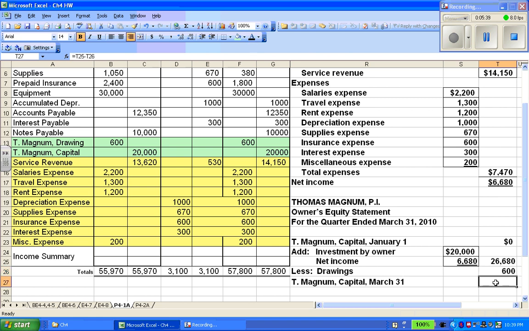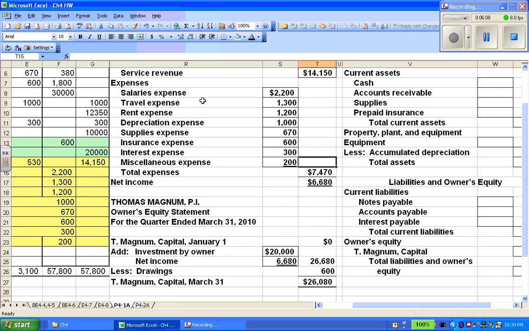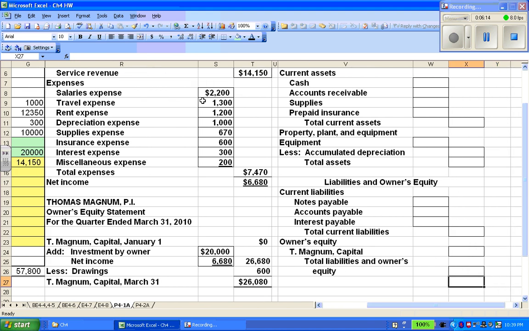All right, so if I subtract the 26,680 and the 600, I'll get capital of 26,080. Okay, so that's my ending capital. Now what I want to do is prepare my balance sheet. First I'm going to take that ending capital from my owner's equity statement, that 26,080, and put it right in my balance sheet, because that's my ending capital for this quarter